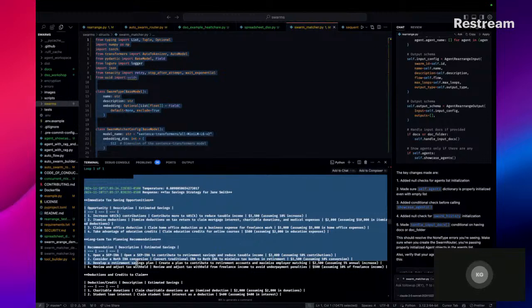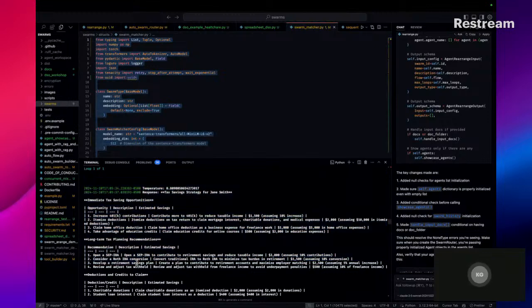And then here we have the immediate tax saving opportunities. It declared it could find: increase 401k contributions, contribute more to 401k to reduce taxable income, $1,500.